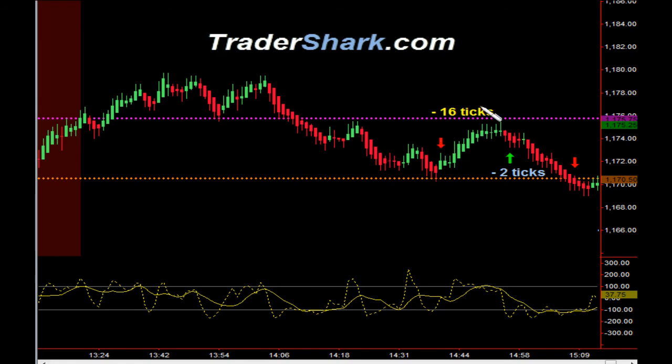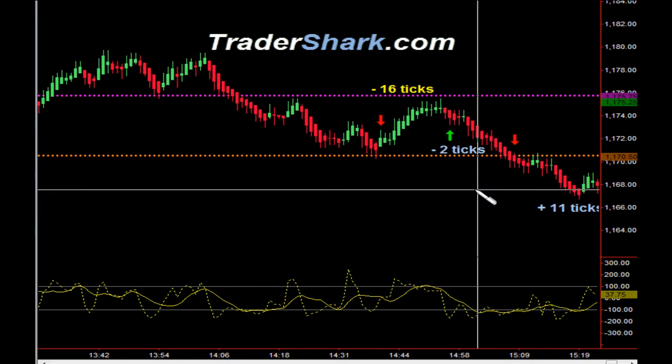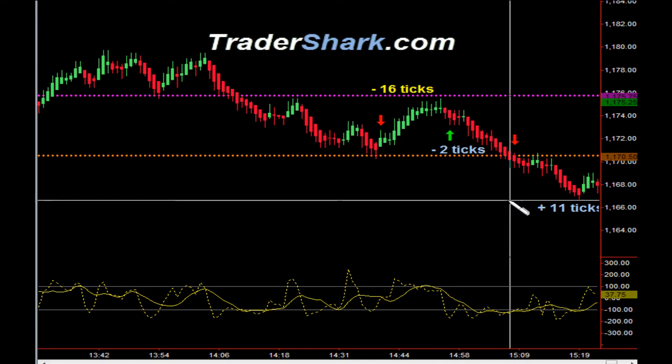We got a full stop out, minus 16 ticks. We then had an opportunity to get long. Target 1 was hit and we got stopped out for minus 2 ticks. Keep in mind, we don't take our trades unless our anchor charts or our longer time frame charts are in our favor. With that being said, we had another opportunity to take a dive trade, and then we took a